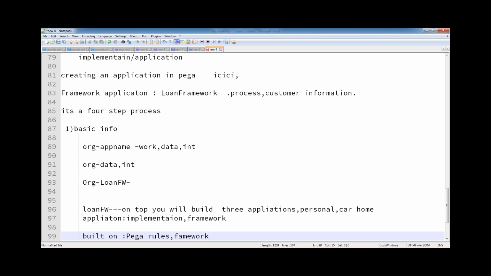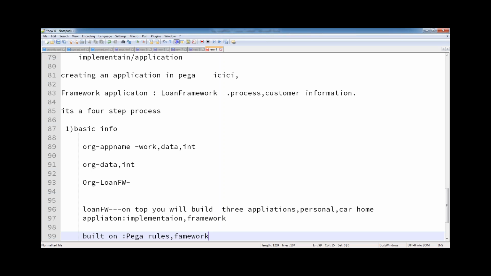What is the use of it? Pega has already built 80% of the functionality. Now you need to build the remaining 20%, which is specific to your industry or your company requirements. At least 20% will be different. Even if you take any bank, all the banks provide car loans, home loans, and some other loans. The process will be the same, but at least 20% will be different here and there. The rules and regulations may be different, but the process and everything will be common. Those 20% are what they will customize.